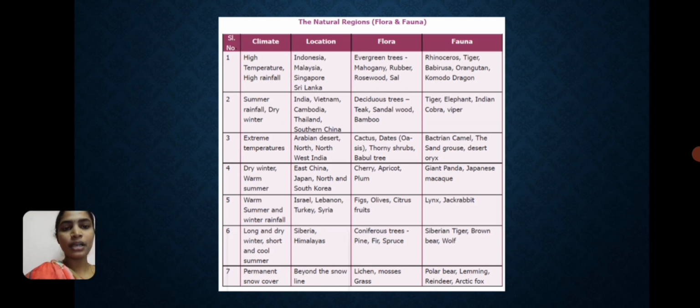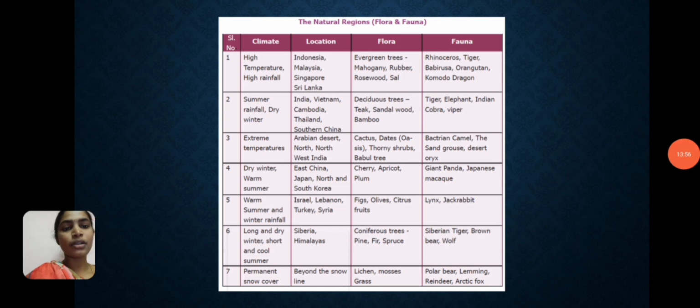Okay, student. And the fifth one is warm summer and winter rainfall. And location is Israel, Lebanon, Turkey, Syria. Okay. Flora is figs, olives, citrus fruits. Okay. Fauna is lions and jackrabbit.